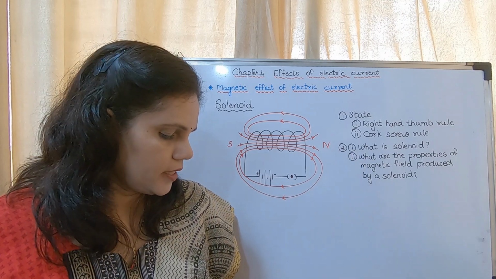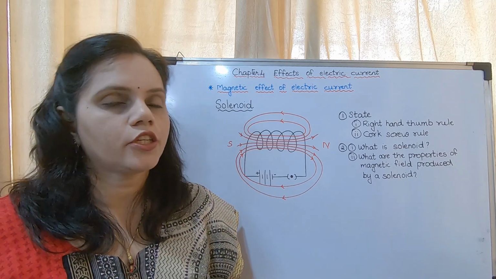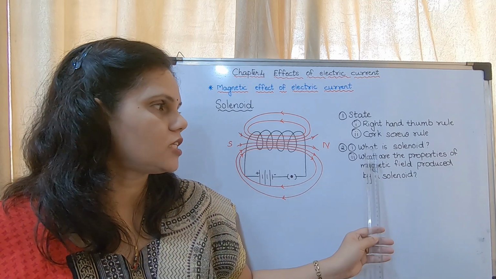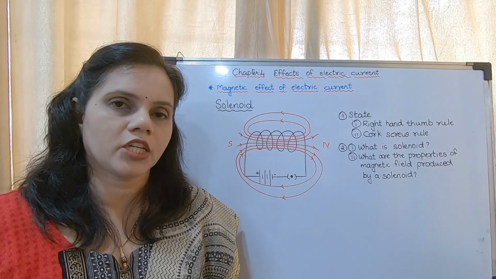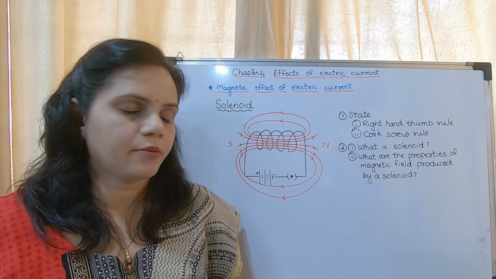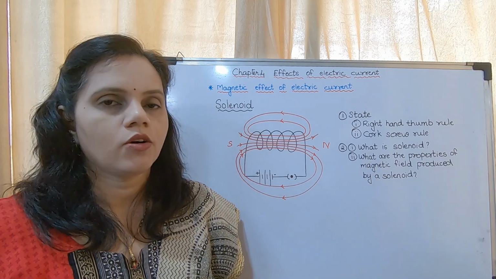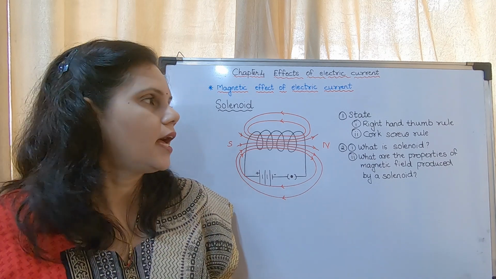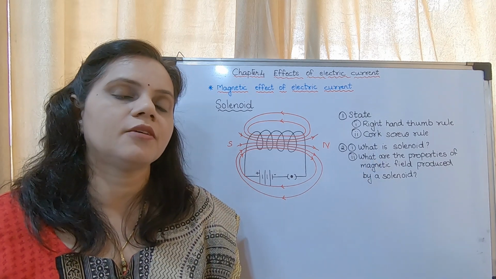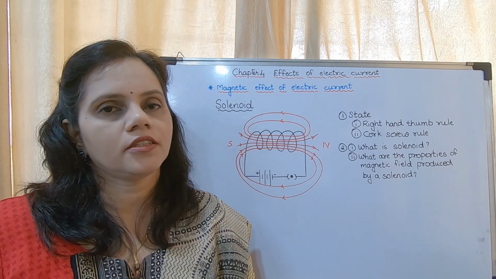What is solenoid? On page number 54 I had told you to mark. You may write that as the answer. What is solenoid? What are the properties of magnetic field produced by a solenoid? And draw the diagram. This is a 3-mark question which is very frequently asked. That is about solenoid. You may mark in your textbook, and the right hand thumb rule. These are the most frequently asked questions. If you are having any doubt, you may ask.